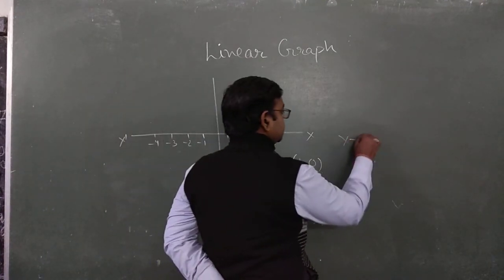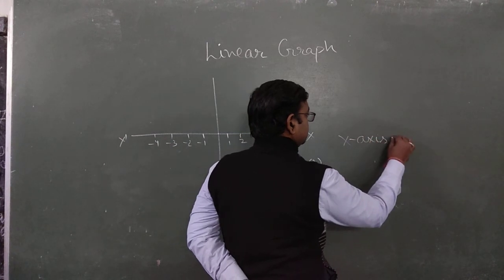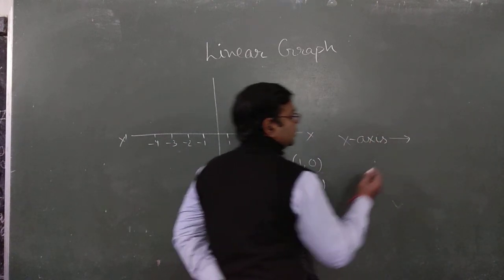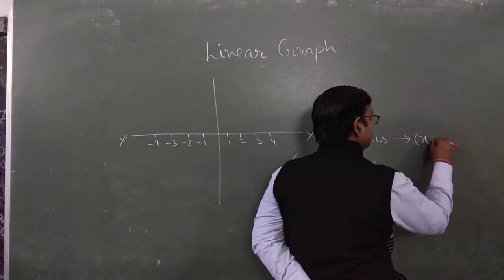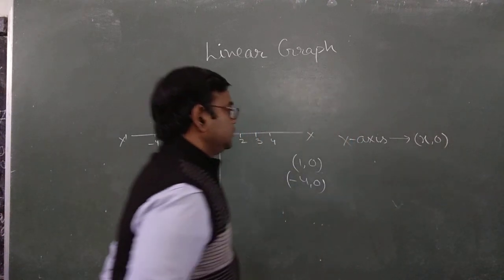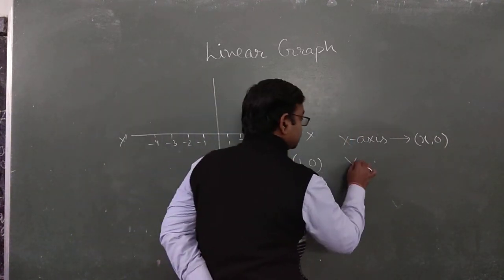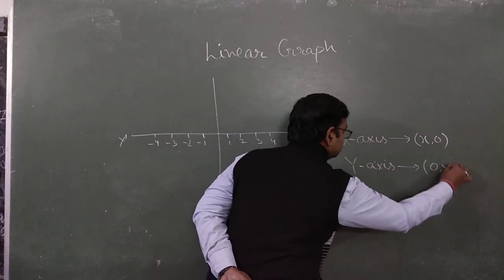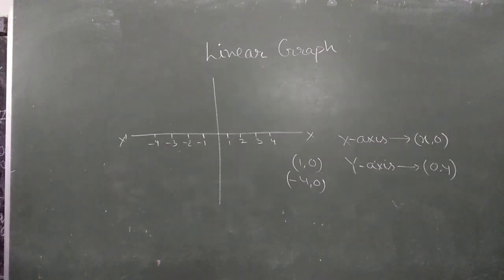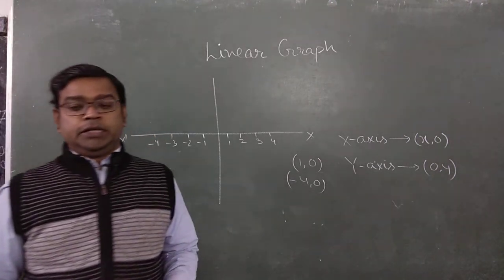So a point that lies on the x-axis has y part 0, so the ordered pair must be of this form. If a point lies on the y-axis, its x part is 0. So (0, y). Hope this is clear to you. So try to solve all the questions given in your Exercise 23A. It's the easiest one, so you can easily solve Exercise 23A by yourself.